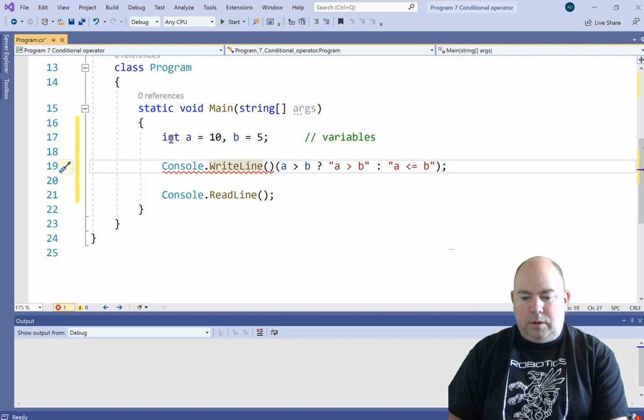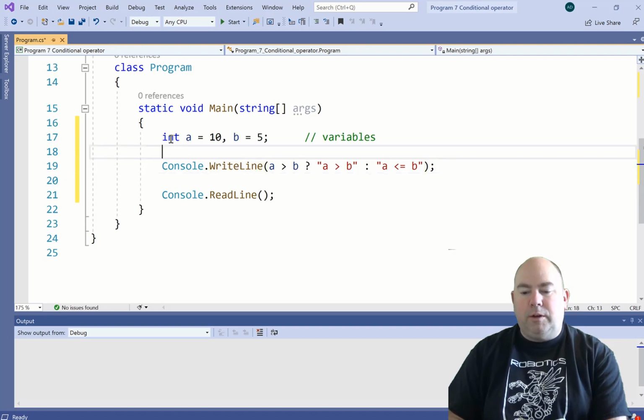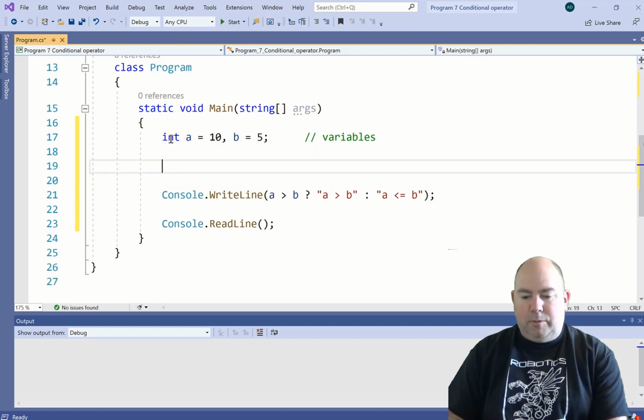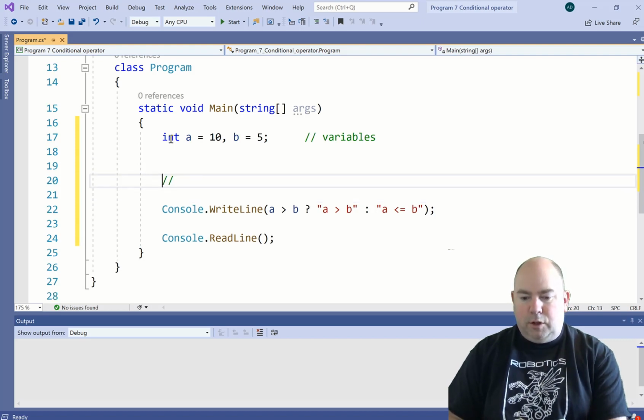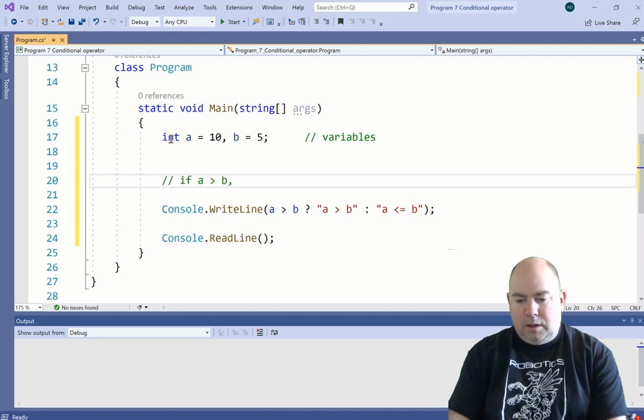One thing that I've noticed is that if you mess up on how you're writing your expression the first time through, it will not autocorrect it for you. So that's why I had to go back and manually correct a bunch of stuff there. So what is this saying? This says if A is greater than B, output